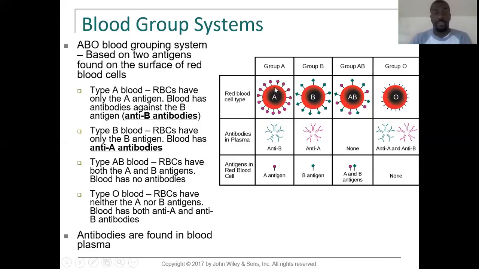Okay. So for example, if you have type A blood, you're going to have a lot of the type A antigen on your red blood cells. If you have type B blood, you're going to have the B antigen on your red blood cells. Okay. If you have type AB blood, you're going to have both the A and the B antigen on your red blood cells. And if you have type O blood, you're going to have no antigens on your red blood cells. Okay. Now, depending on the type of antigen that you have, your body is also going to be producing antibodies against whatever you don't have. Okay. So this is going to be a situation where you're going to be able to protect your body against foreign